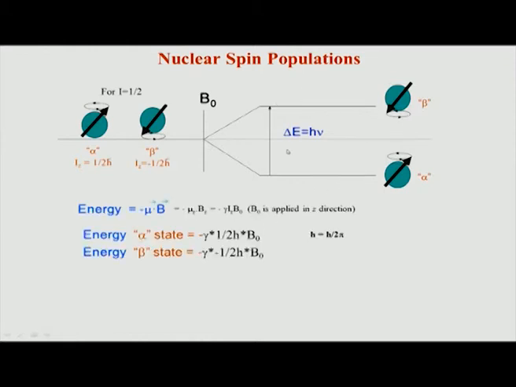Now, if you look at the energy difference between the two states, we call it delta E. To achieve that excitation, to take a molecule from the lower state to an upper state, that is, when you want to flip a spin, you have to apply energy delta E, and that is applied as electromagnetic radiation, which we denote as h mu.